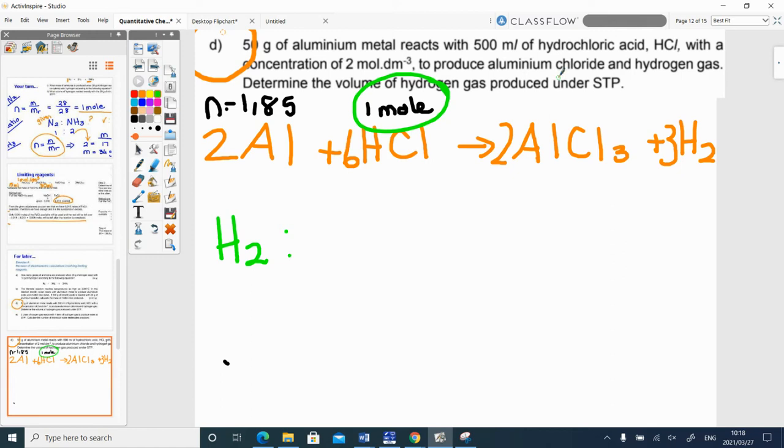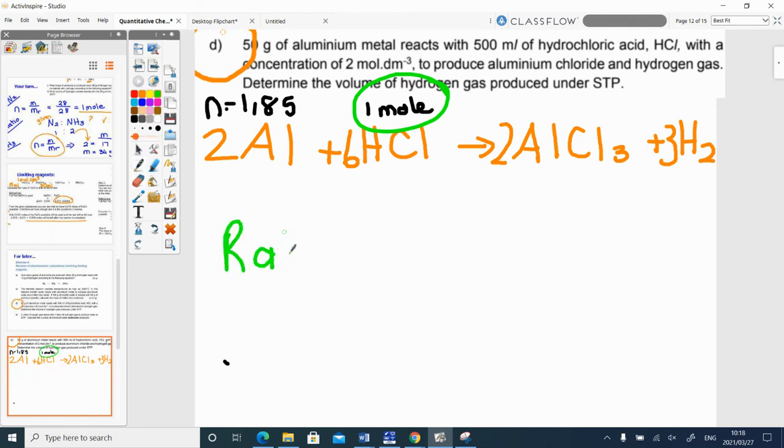When they're asking me the volume for hydrogen gas at STP, what equation am I going to use, Carly? Yeah. n is equal to V over Vm. Whenever you see STP, you know you're going to use this equation. So I have the moles because I've just worked it out. What was the moles of my limiting reagent? It's always going to be limiting reagent. Oh, I skipped a step here. What was I supposed to do first? Before I do that, I have to do my ratio, remember?